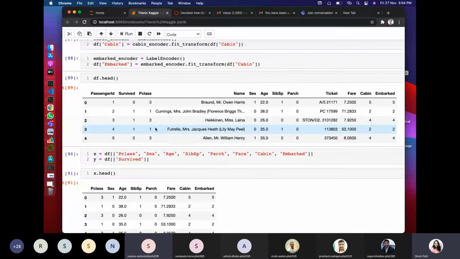In the morning we saw that for feature engineering there are various methods. One is how to fill the missing values, and the last method that we saw was one hot encoding. In one hot encoding, the text value was replaced with a numerical value so that the data set becomes easier for the model to understand. This is that exact same step that we are doing. For gender, if it was male and female, instead of that we have replaced it with a numerical value of 0 and 1.